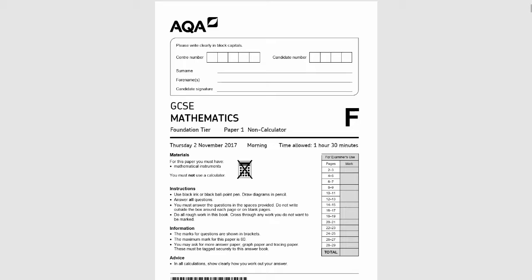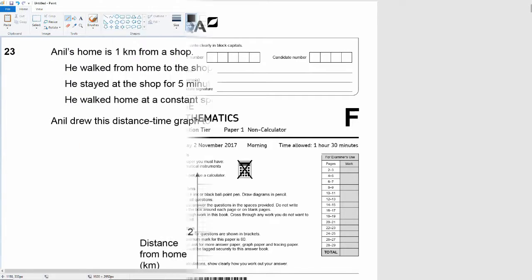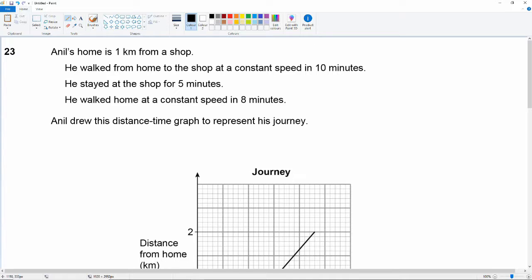In this video we're going to be looking at the AQA GCSE past paper. This is the November 2017 first paper in the foundation tier of the 8300 series. It's a non-calculator paper and we're picking up in question 23, which reads, Anil's home is 1 kilometre from a